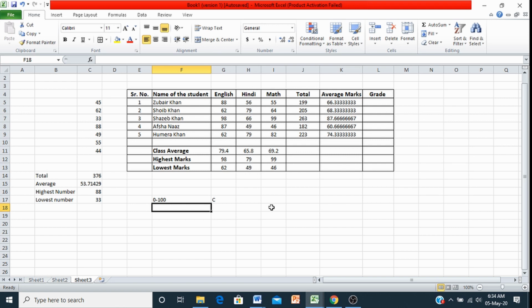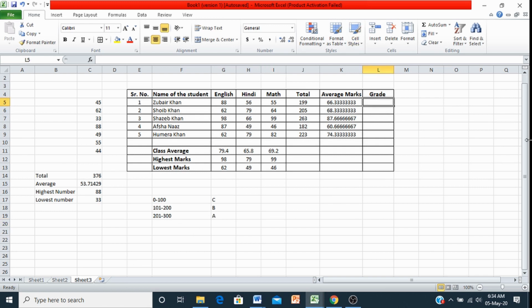If someone got between 101 to 200, he'll get B grade. If someone got 201 to 300 marks, he'll get A grade. You can set whatever criteria you have, accordingly. This is the grading criteria.